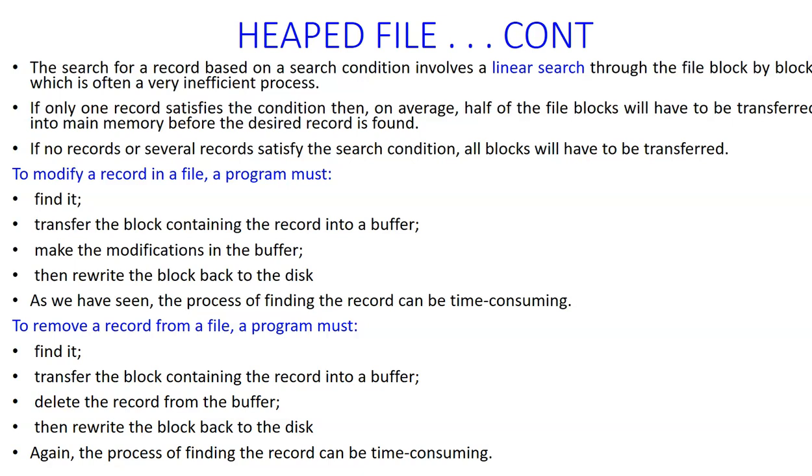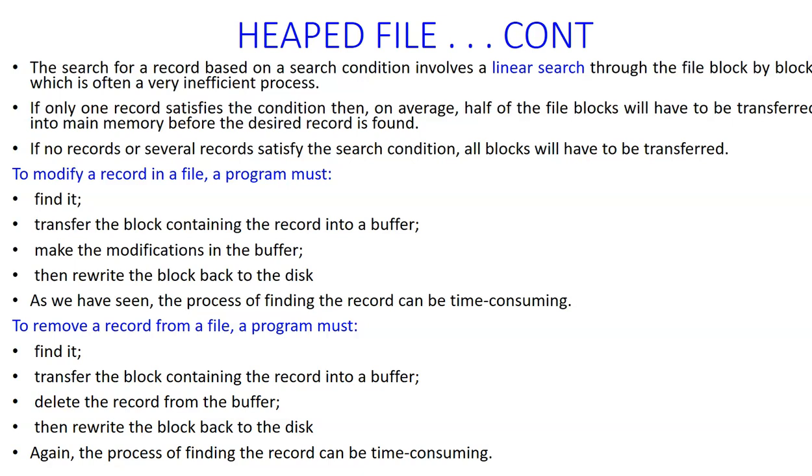So we're saying that if only one record satisfies the condition, then on average, half of the file blocks will have to be transferred into the main memory before the desired record is found. We're just saying that in the event that you have only one record that you're looking for with a particular condition, for example, you could have a SQL statement where you're looking for students whose ID number is equal to, let's say, 02/U/